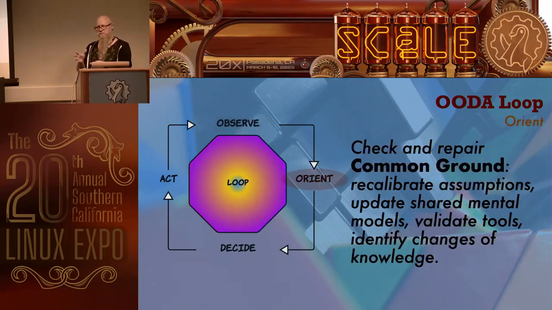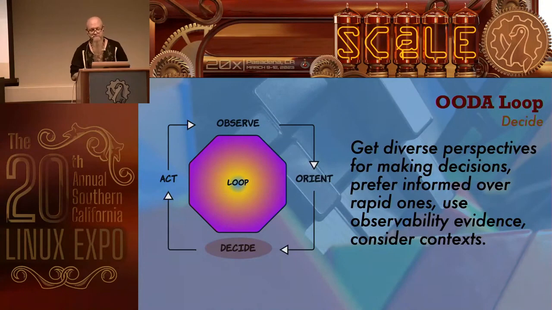Now next, after you've observed, now you're in the loop strongly. You've got to orient yourself. This is where you're checking common ground. Okay, we've seen a new thing happen, or we're entering a new phase of our joint activity. Let's make sure that we've updated what's going on. Everyone know that this mitigation went out. Everyone know that it didn't work, and we have so and so looking at this, and we're going to look over here. And so let's keep going. Let's see if we can identify what we need to do next.